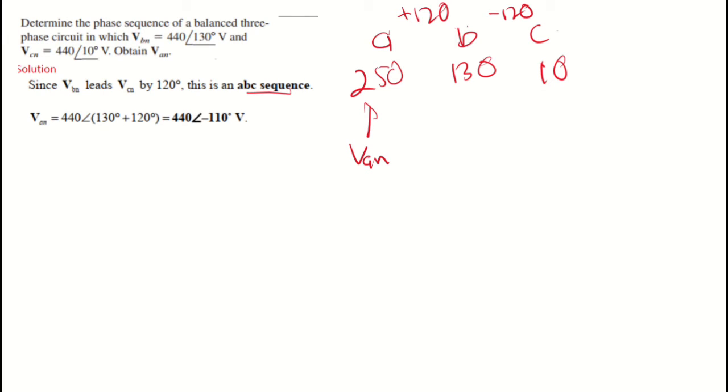However, they put it 110. If you deduct 360, basically you will get minus 110 degree here. So that's why the answer is like this, or you can write it plus 250. So okay,